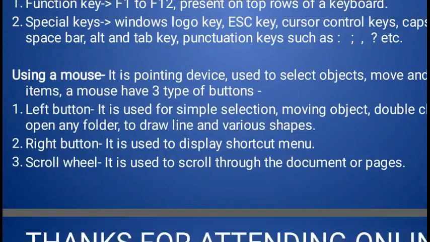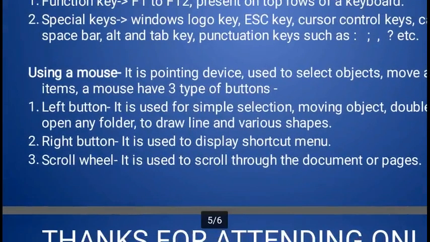We know this very well. The right button is used to display the shortcut menu. In any application, in any environment, there are so many options. We can't remember all these types of operations. So move to the particular area and just right click. Then the most commonly available options appear, and we can perform our task easily.